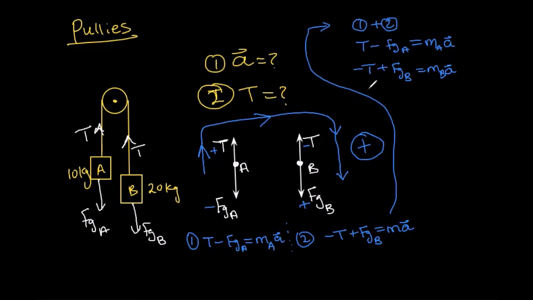So adding the two formulas together, obviously you've got positive tension and negative tension. So when you add them, they're going to cancel out. So you're going to get 0 for that. Then after adding the two equations, you're going to be left with